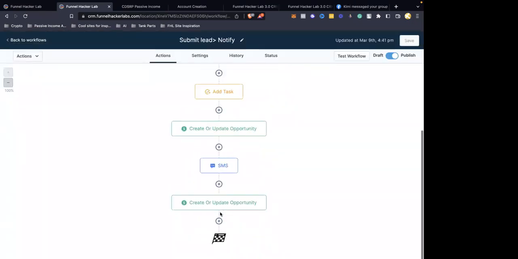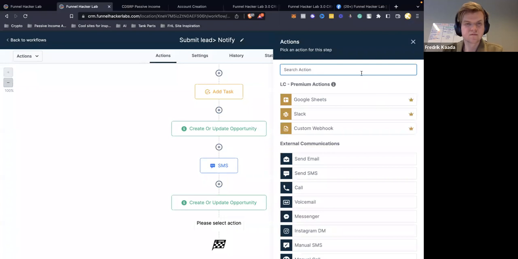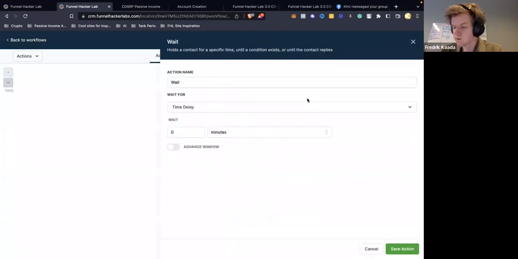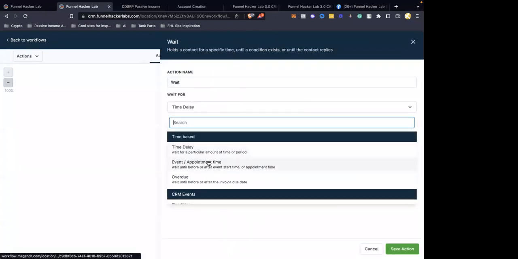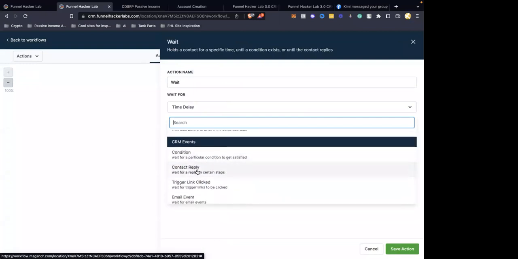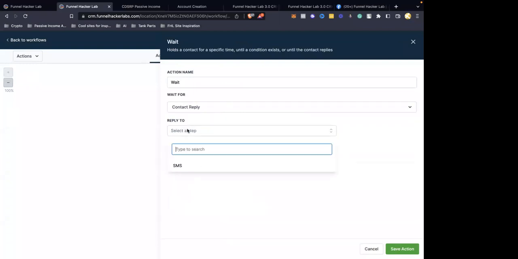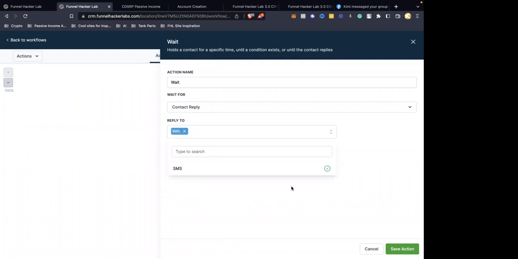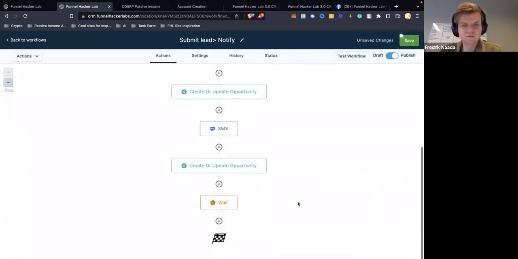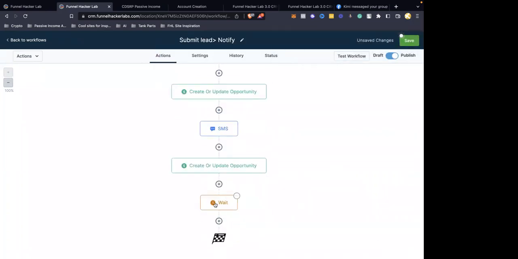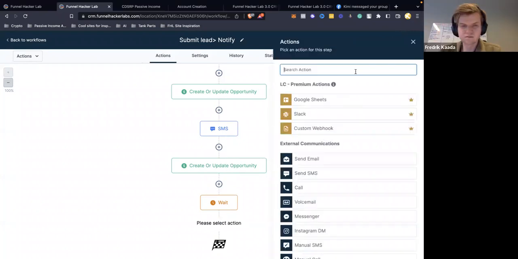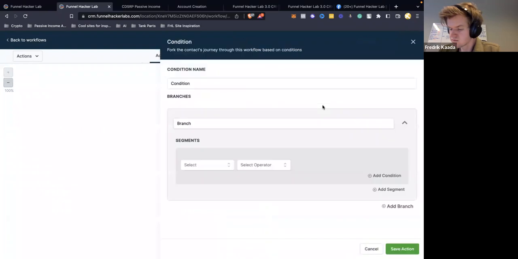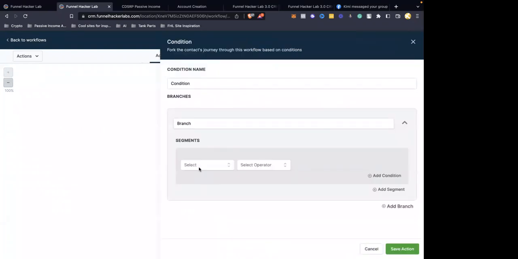Now what you could do is see if they reply to this. We're going to add a wait on here. We're going to do wait for contact reply to this text message that we just did, and save action. It's going to wait until they reply to this SMS. What we can also do is add an if statement here. So if the contact replied,